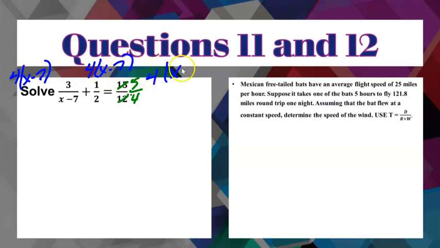And then simplify from there. Okay, so this has x minus 7, this has an x minus 7. So now I'm left with 4 times 3, which is 12, plus, take a 2 out here, divide a 2 here. And now I'm just distributing a 2, because 2 times 1 is 2. That gives me 2x minus 14